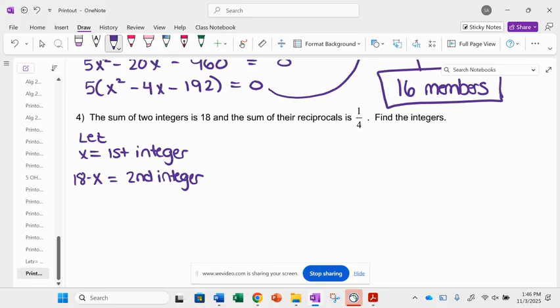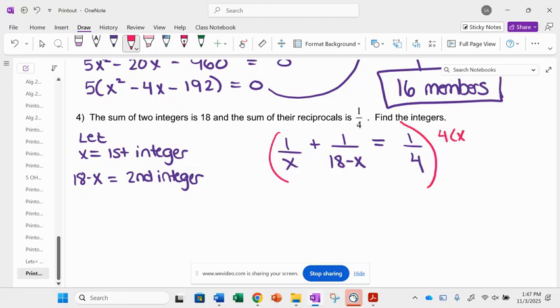Okay, and it says the sum of the two integers is 18, and the sum of their reciprocals is 1/4. Well, what's the reciprocal of x? 1 over x. And what's the reciprocal of 18 minus x? 1 over 18 minus x. And that sum of their reciprocals has to equal 1/4. Would I eliminate the denominator here? Yes. What would I multiply to eliminate this denominator? Yep. If you solve this, we are going to get x equals 6